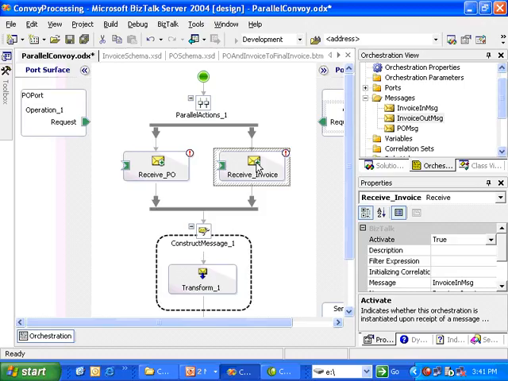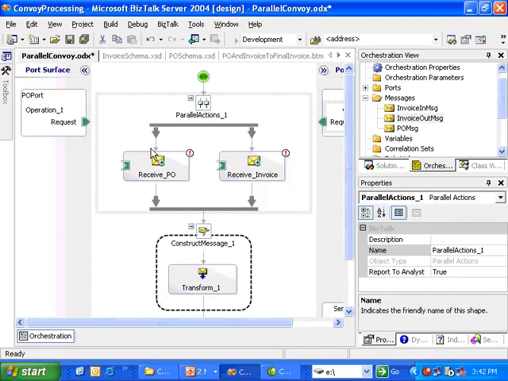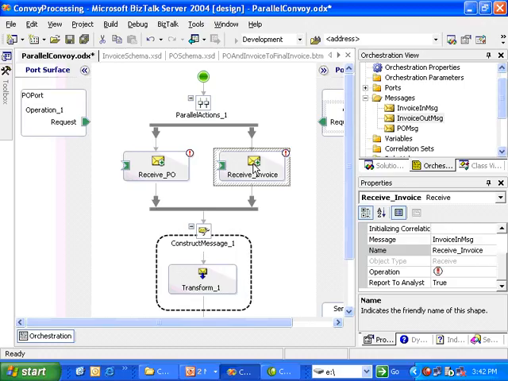This is the one design pattern where you can activate multiple receive shapes simultaneously, and that's only possible because orchestration realizes that we've got a parallel action occurring at the top of our orchestration, and in this case it's the very first thing that's occurring in our orchestration. So we do have to activate the orchestration, create an instance of it, and we do that by creating this